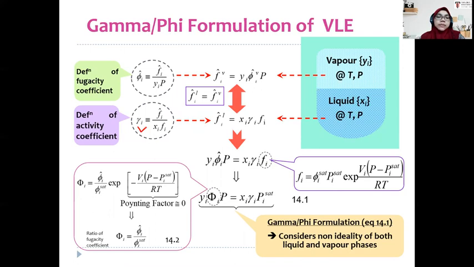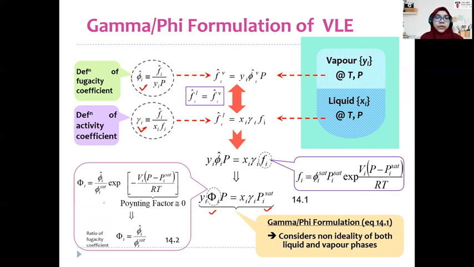The gamma is expressed by the activity coefficient, and the phi is expressed by the fugacity coefficient. So we can correlate these expressions to give another expression in a non-ideal condition in the gas phase, or we can correlate between the fugacity coefficient and the activity coefficient if we have the non-ideal condition for both gas and liquid phases, to investigate the interaction among the species with the activity,